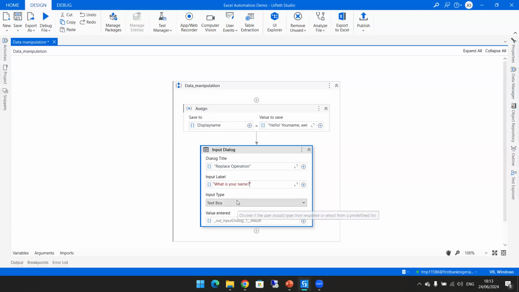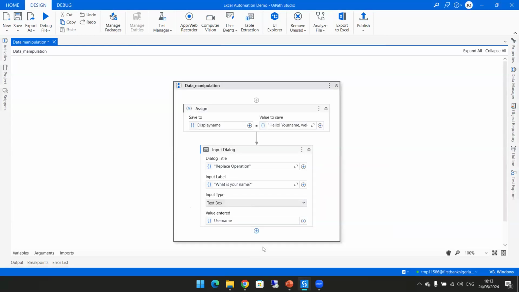And we'll be making use of a text box. You can also try out multiple options, there's a way you configure it. There's no time, I would have looked into that also. So let's create a variable that will store it. Let's call it username. Okay, then